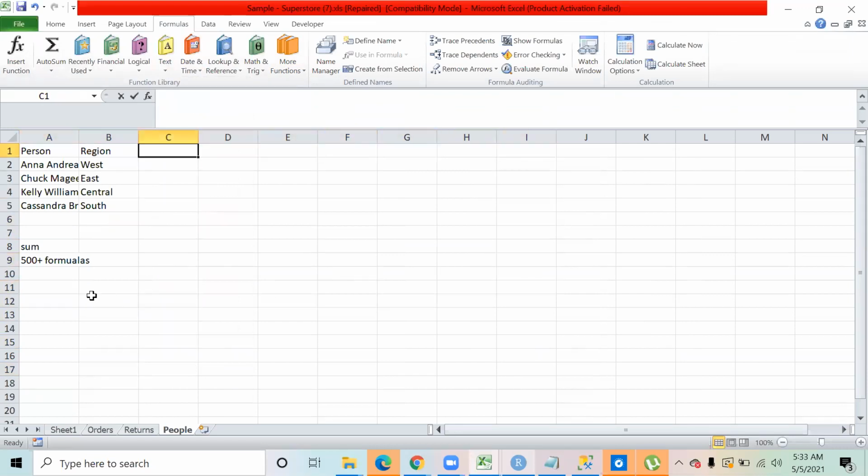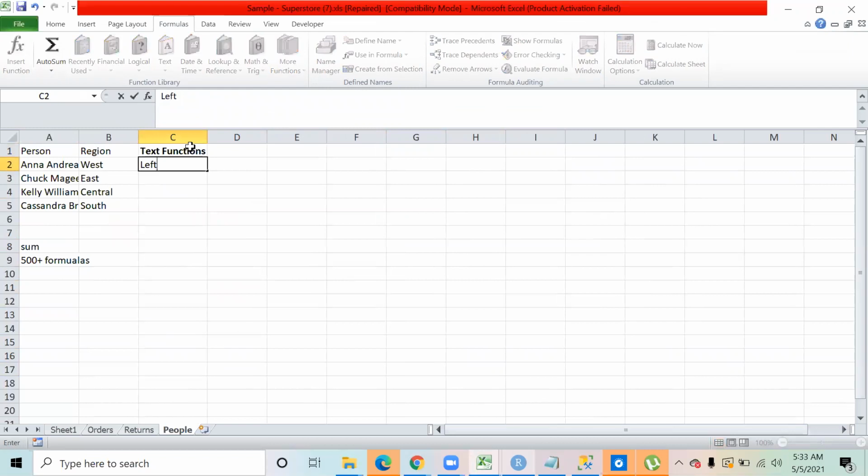So we will start with text functions. I am going to start off with the text functions as left, right.